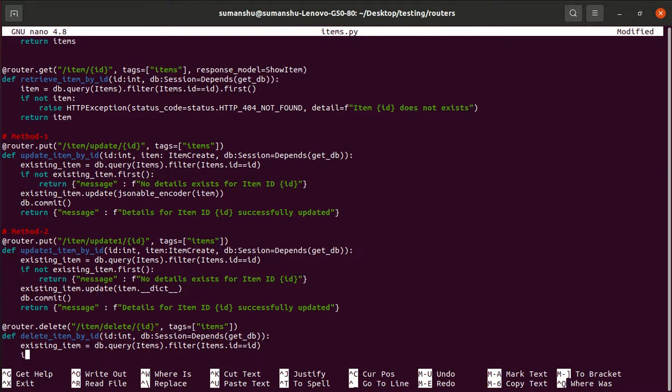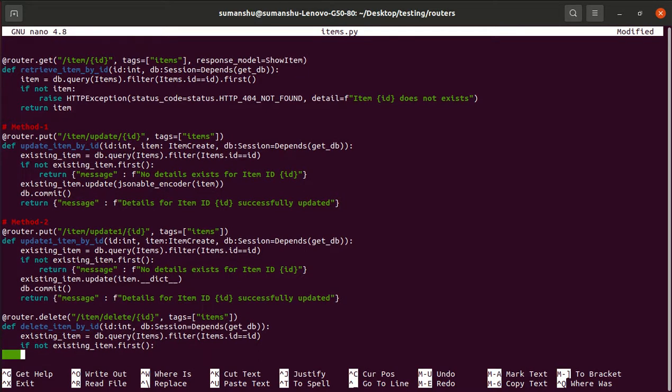If we did not get any item, what we will do is return a message: no details exist for item ID.